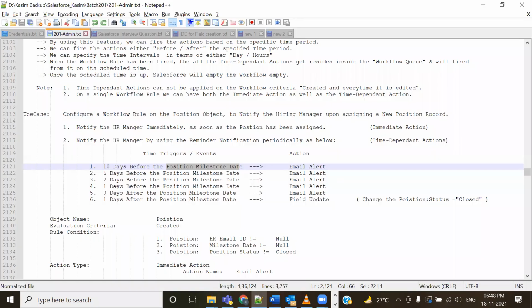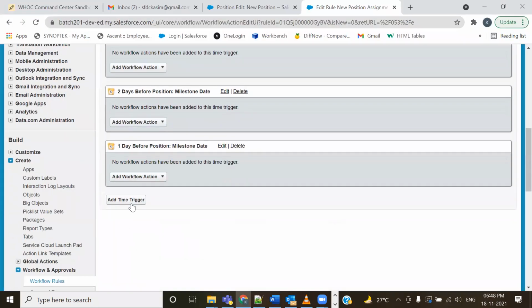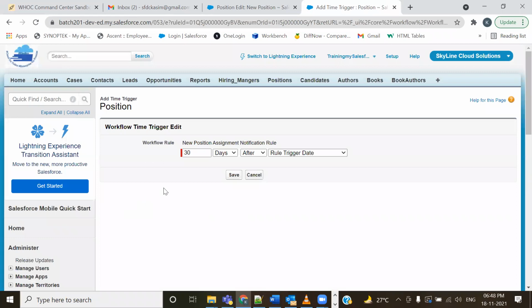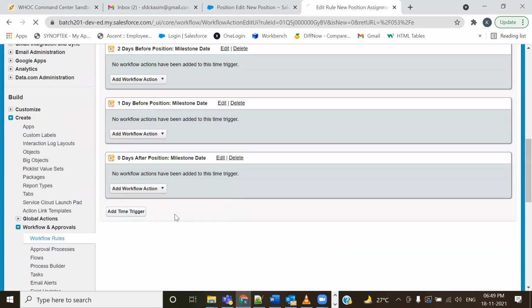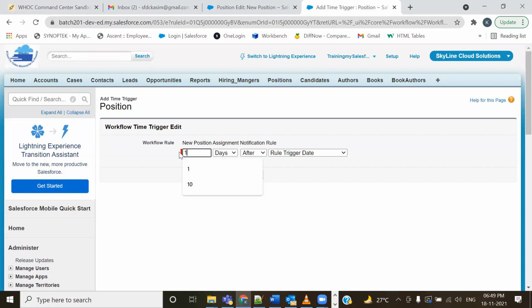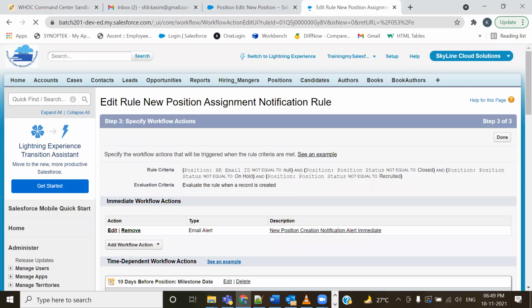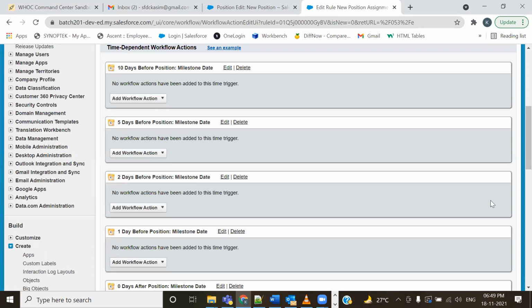1 day बिफोर, yes exactly। Now 0 days, okay, so let me add one more time trigger। It's 0 days, you keep it after or before, it's not going to bother, it's one and same thing। 0 days before or after, it's same, we are talking on the date of milestone date। So it's like 0, and then the final is 1 day after the milestone date has been crossed। So it's like 1 day after milestone date। So let me now save this।